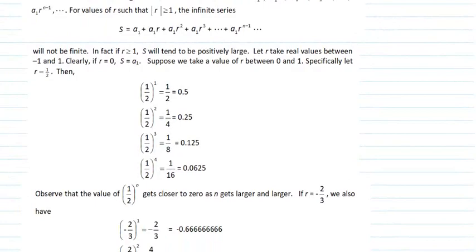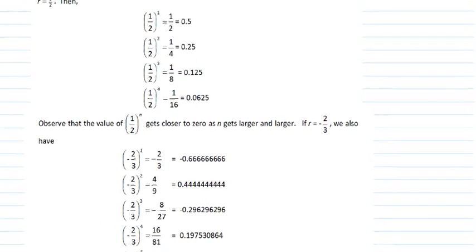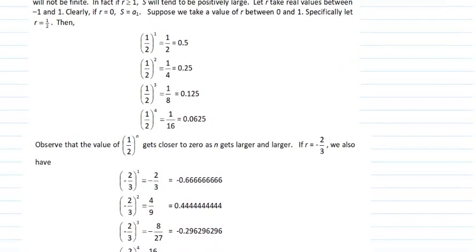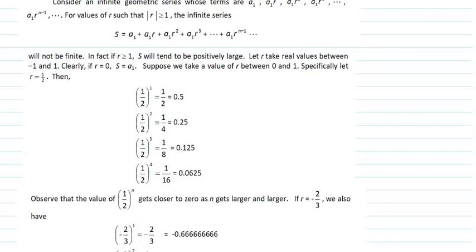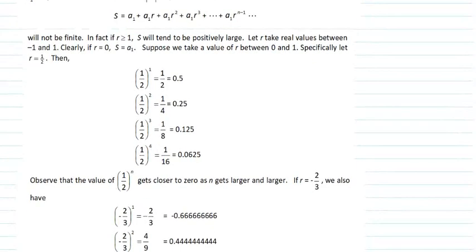And then the next number is 2. So 1 half raised to 2 is going to be equal to 1 fourth, which is 0.25. And then 1 half raised to 3 is equal to 1 over 8, which is 0.125. And so on and so forth. We can observe that the value of 1 half raised to n gets closer to 0 as n gets larger and larger. So as you can see, yung ating R, if we strictly make our R in between negative 1 and 1 for that specific value that we raise it to, we can observe that 1 half raised to n is going to get closer to 0 as we increase